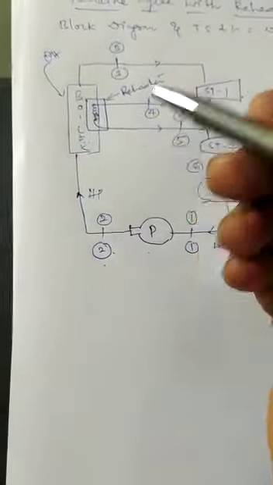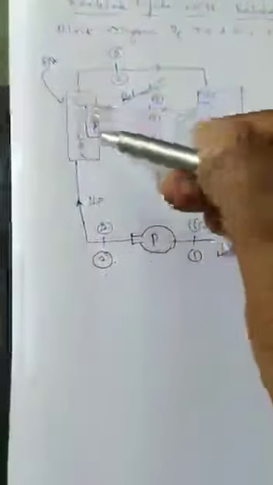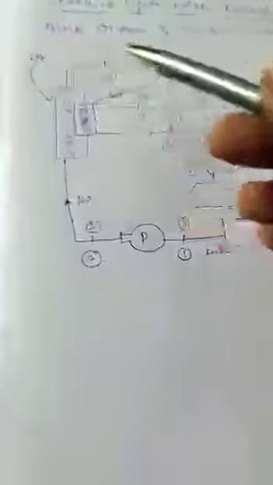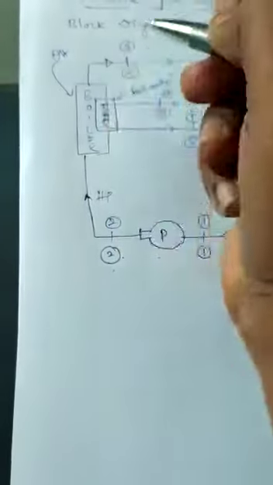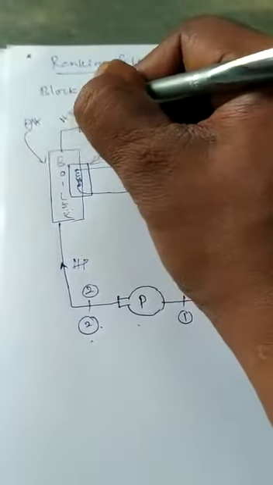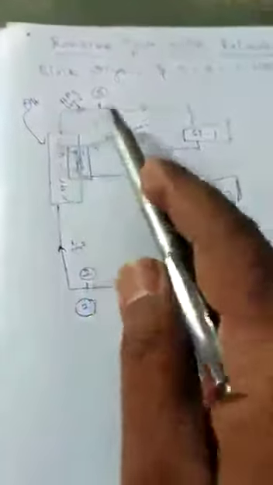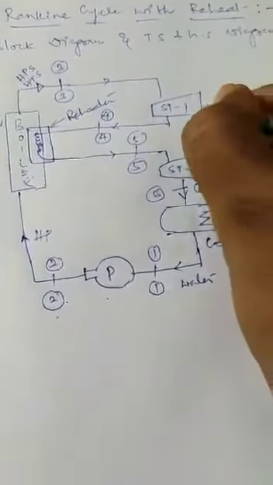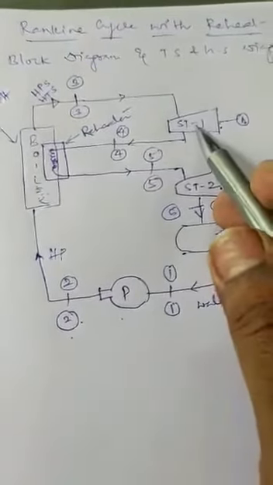So as a result, what happens? The temperature of the water keeps increasing until it reaches the boiling point, and again you have to add energy inside the boiler. So it reaches the vapor state. The working substance comes out from the boiler in the form of vapor or steam, that is high pressure and high temperature steam. This steam enters the first turbine, that is steam turbine 1 or HP turbine, the high pressure turbine.